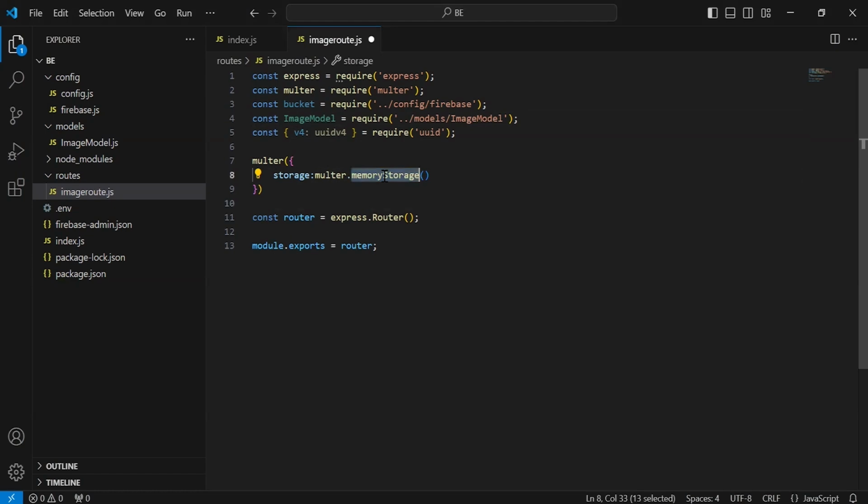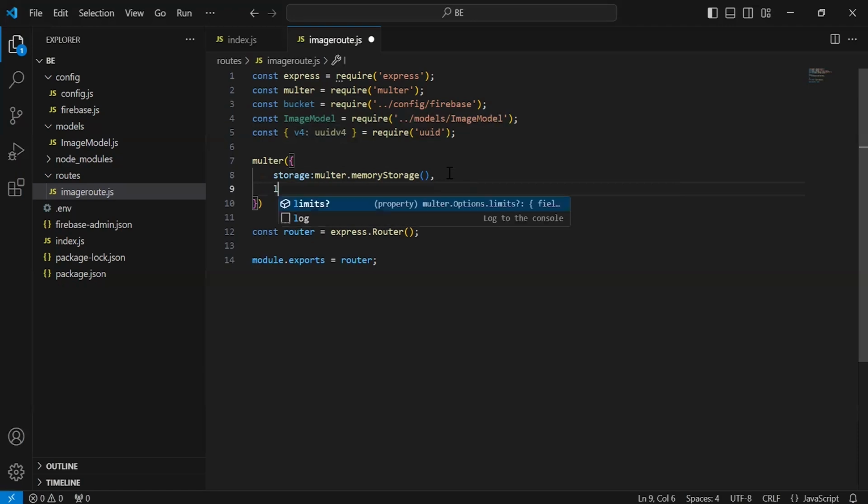Here we have used memory storage engine, meaning files will be stored in memory as buffer objects rather than saved directly to the disk. This is useful for small file uploads when you need to process the file in memory before deciding what to do with it. After that, I'm going to add here the limit where we have a file size